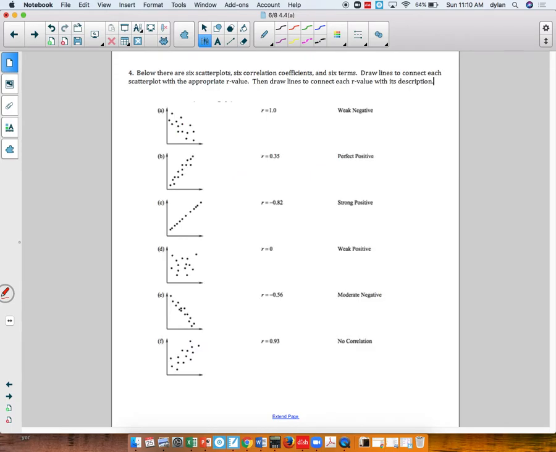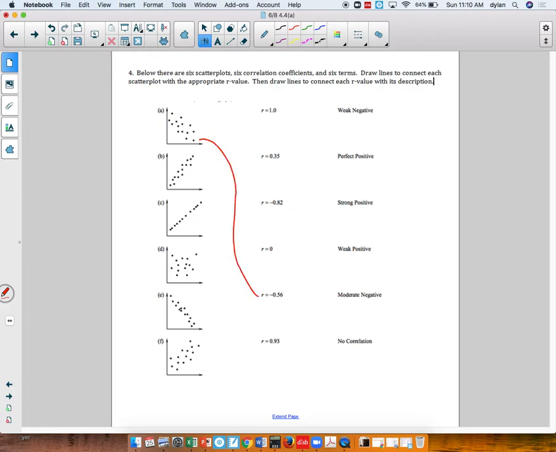All right, our last activity for a correlation coefficient here, I have a matching activity where we've got 6 graphs of data, 6 correlation coefficients, and 6 verbal descriptions of those correlation coefficients. I would like you to see if you can connect each graph to a correlation coefficient as well as an explanation about it. So for example, for part A, I'd look at that one and I'd say it's negative, and they're pretty spread out. So if I look at these, that would tell me that it probably goes to